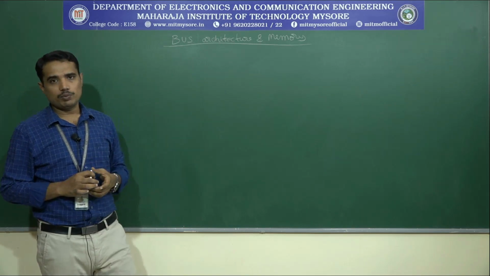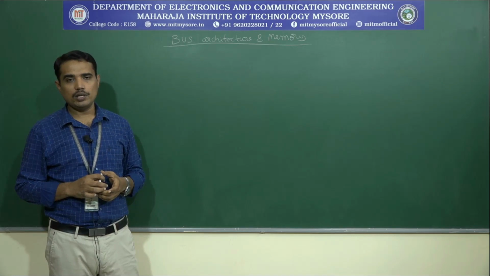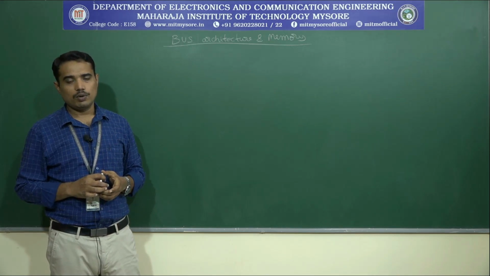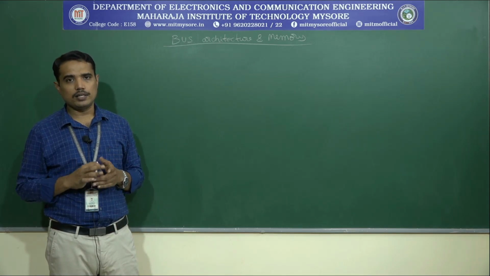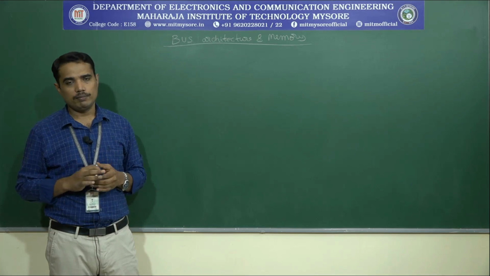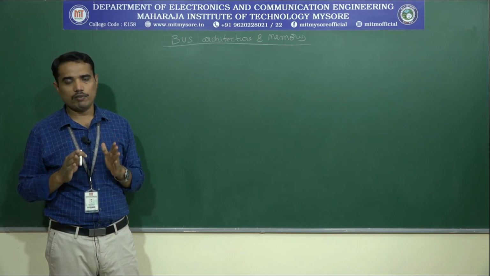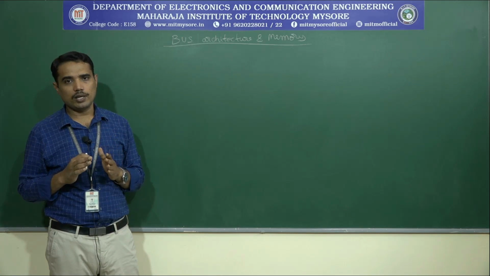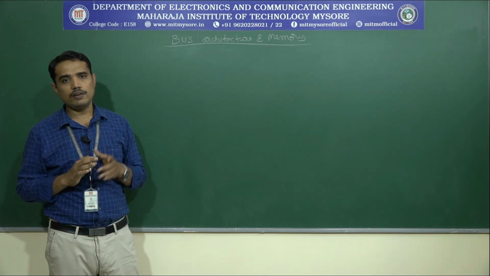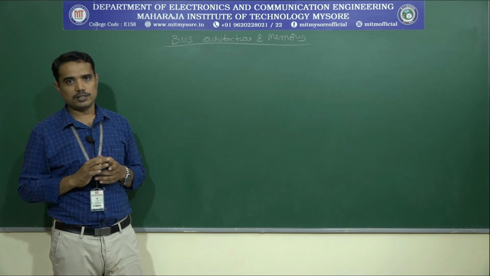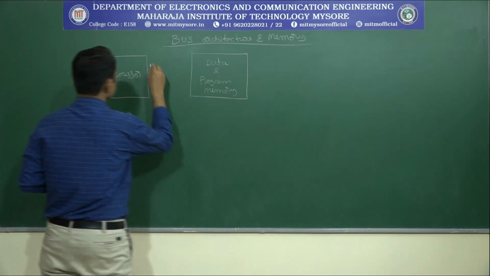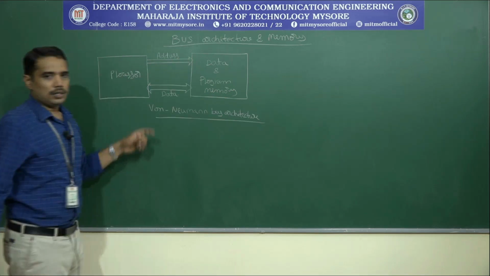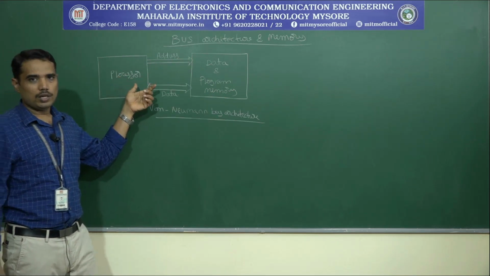In the conventional microprocessors, we were using the von Neumann bus architecture. What do you mean by von Neumann architecture? The von Neumann architecture says that there is only one common memory for data as well as program memory. Both in one block of memory, the data and program memory are residing with a single set of address and data bus. Now let us draw the architecture of the same.